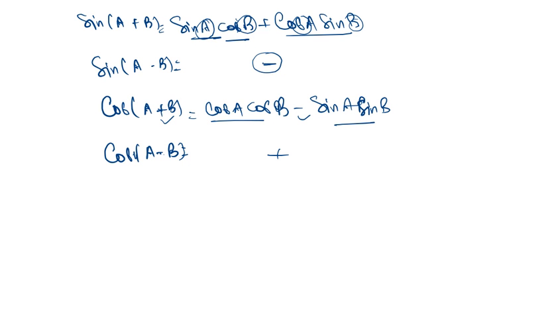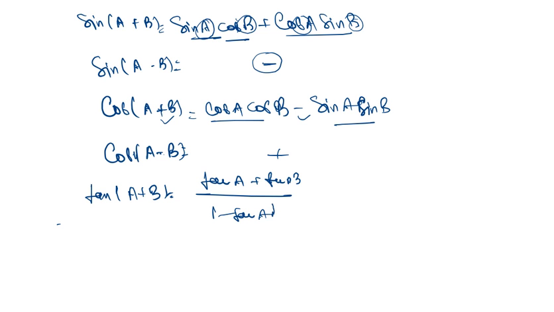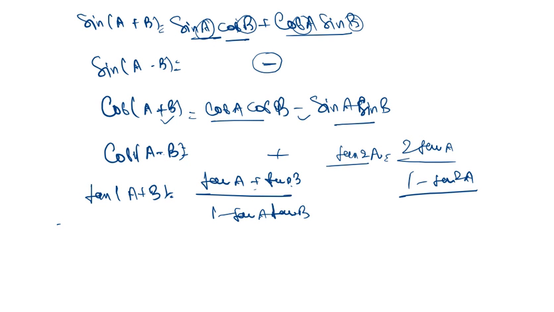Actually these formulas are required whenever questions are asked. Like tan of a plus b, one formula is there. It is tan a plus tan b divided by 1 minus tan a tan b, like this. If I am writing tan 2a, it means I am making a and b equal. So it will be 2 tan a divided by 1 minus tan square a. Similar formulas are available in your books. You can follow that, and whenever it is required, you can solve the questions.